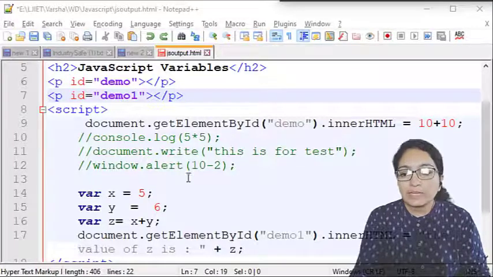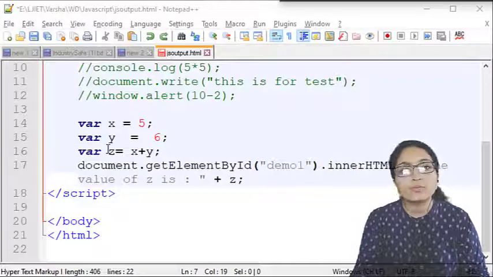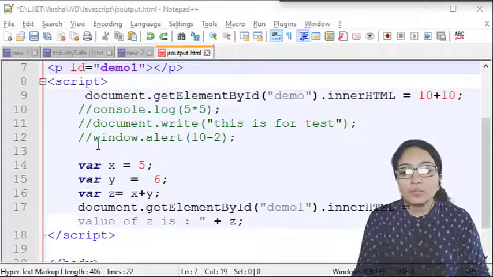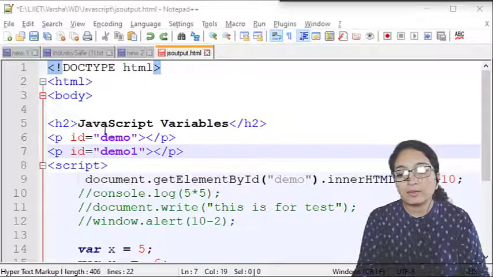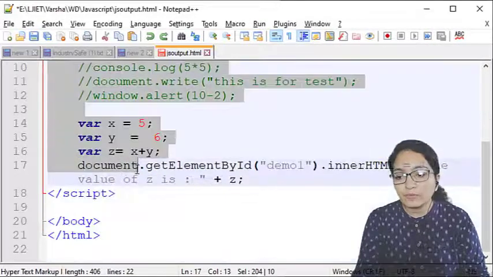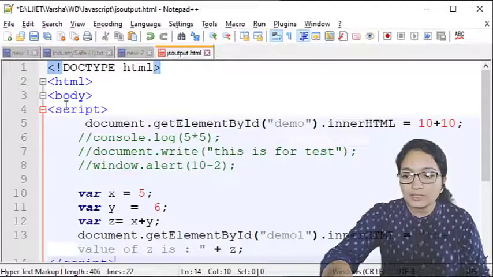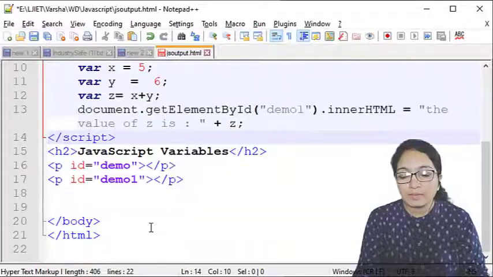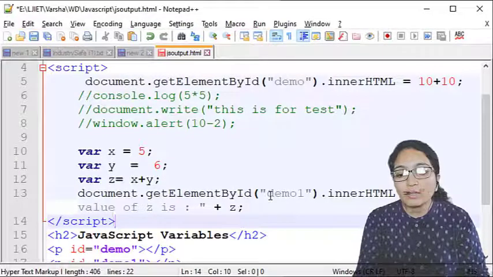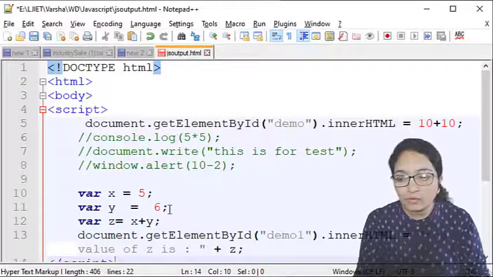Now, see why we defined the P elements with the IDs first and then defined the script. Suppose you have defined the script first, and the P element comes after it. What will happen? This ID will not be found by the script, because it searches the document above it, and it will not be able to find the ID.